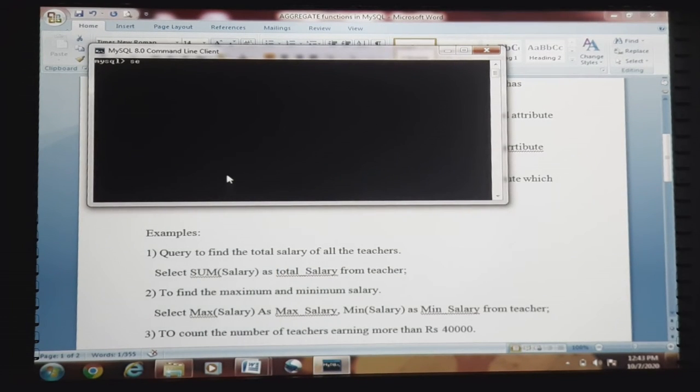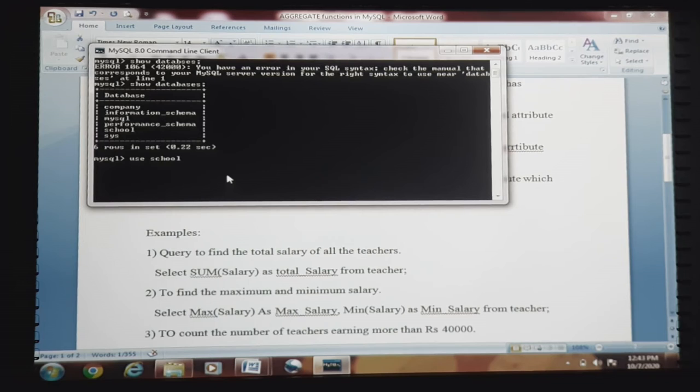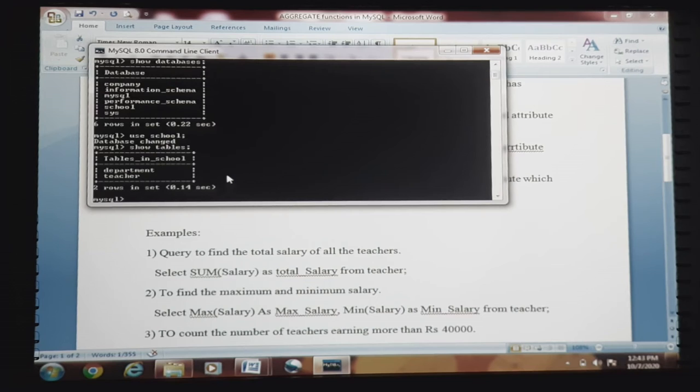So the query goes like this. First of all, we need to get inside the database. Show databases, use school, show tables.